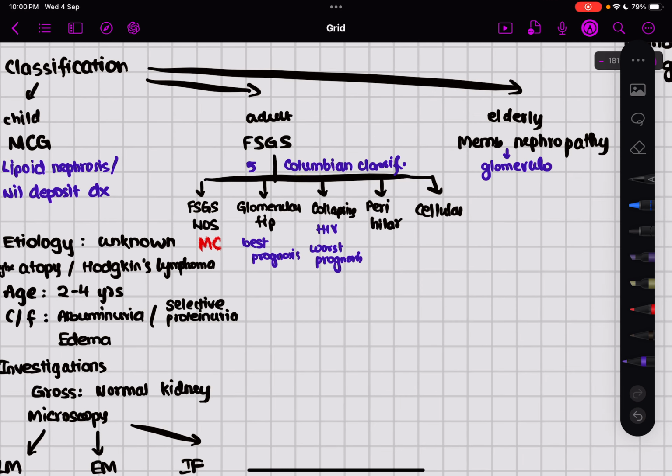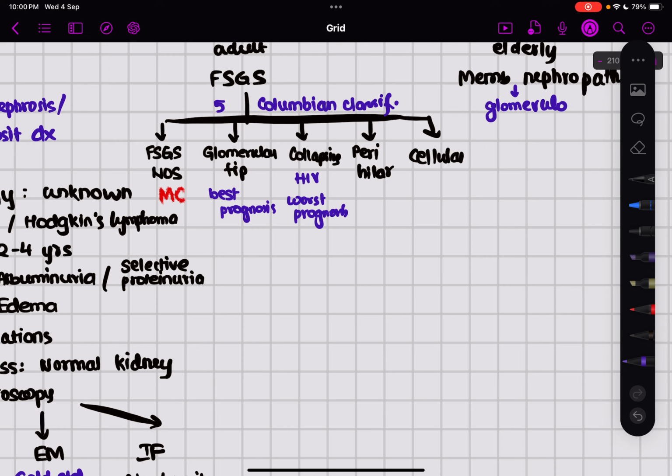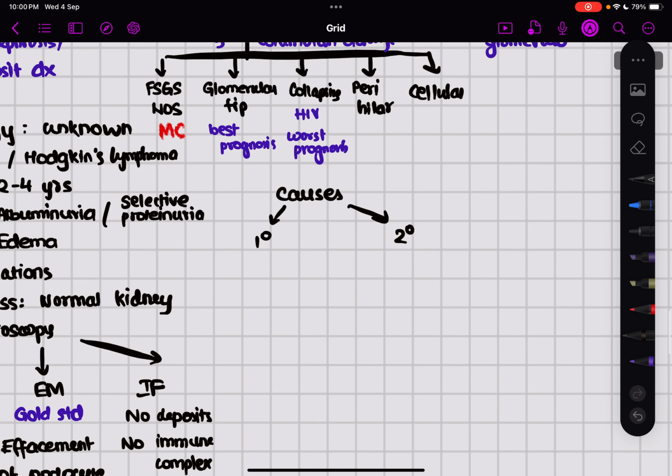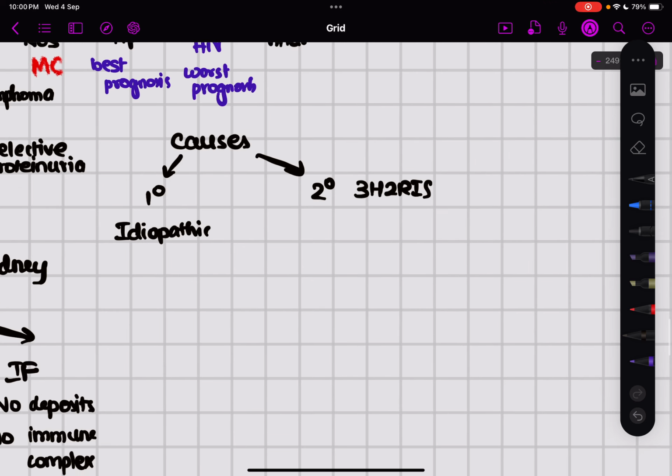Then, causes of focal segmental glomerulosclerosis. Causes of focal segmental glomerulosclerosis can be primary or secondary. Primary causes are idiopathic. Secondary causes are 3H, 2R and IS. 3H: HIV, heroin, hypertension. 2R: reflux nephropathy,